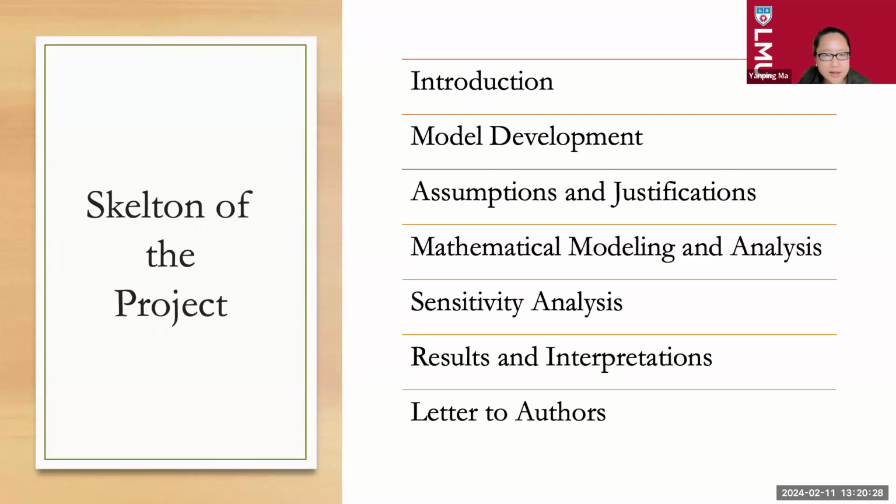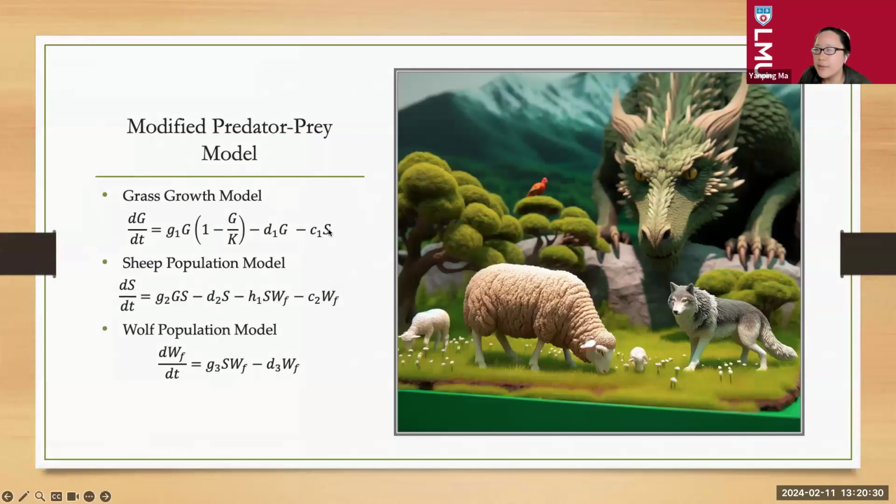Oh, I think I understand what I did wrong. My bad. Like I said, I did a last minute modification. I think what I meant to say is I have a minus C2 and minus C3 here. Those two terms are the sheep and wolf that have been captured by our dragon. My apologies. I did a last minute modification. I don't know what I was thinking 5 minutes before the talk.